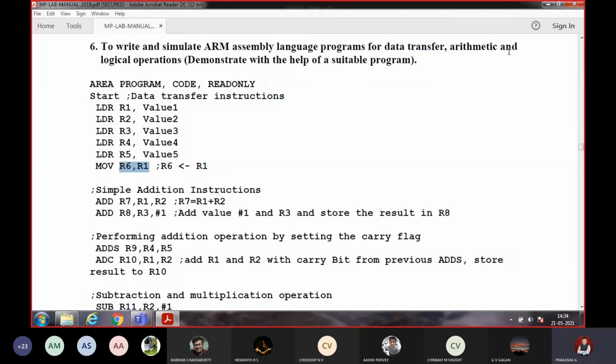Similarly, arithmetic operations. R1 and R2 have been added and that will be stored in R7. Similarly, for R3, 1 is added. This is register and register added. This is an immediate value added to R3. So 2 add instructions. And here I told you ADDS. ADDS updates the flags, that is NZCV. Then ADC carry. If any carry is there, it's going to generate the carry also. So the add instruction is given for 3 types: add with only registers, add register with the immediate, ADDS and ADC.